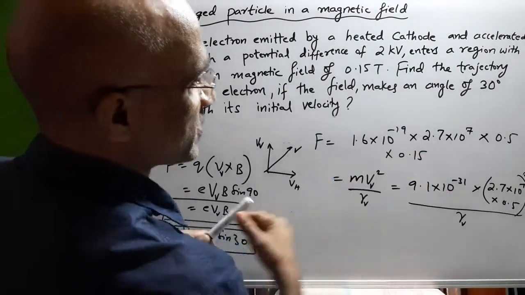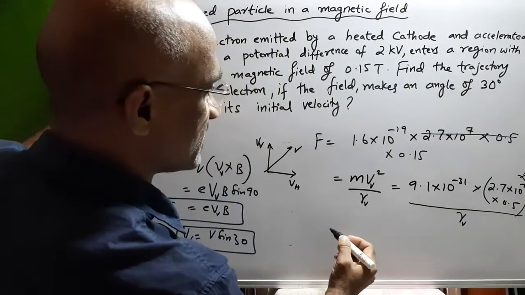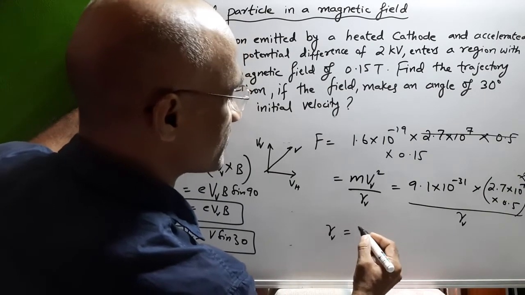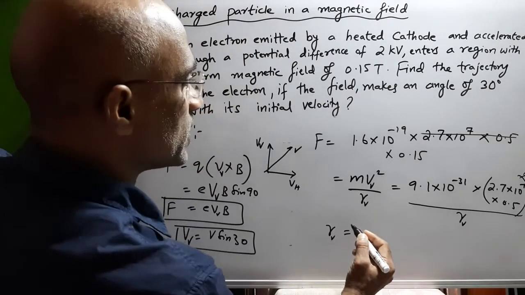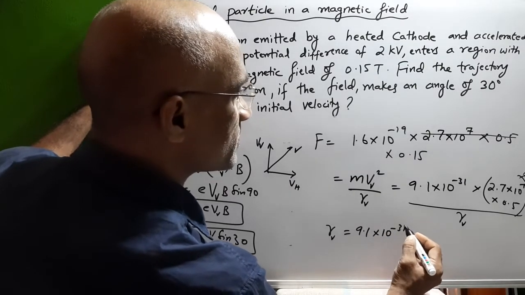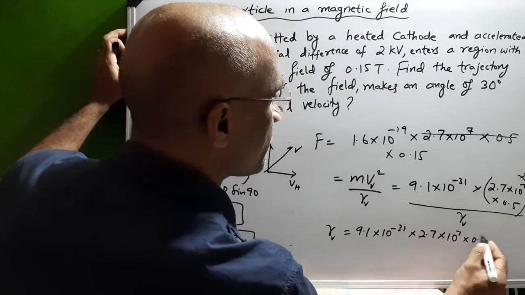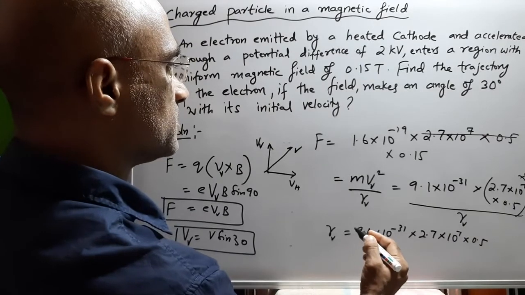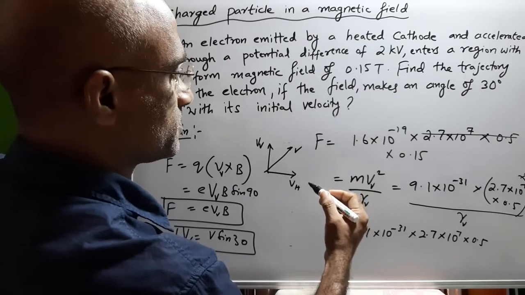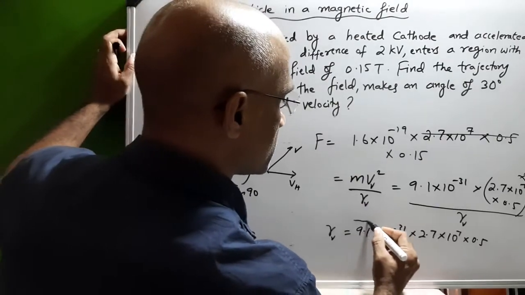Now simplifying this expression, this part will get cancelled with one of these, and further what I get is that the radius of the trajectory will be equal to 9.1 into 10 power minus 31 into 2.7 into 10 power 7 into 0.5 upon